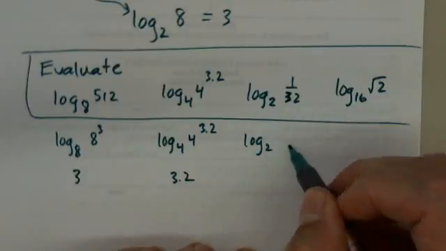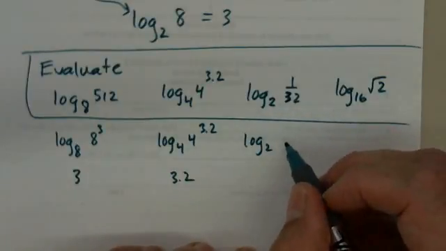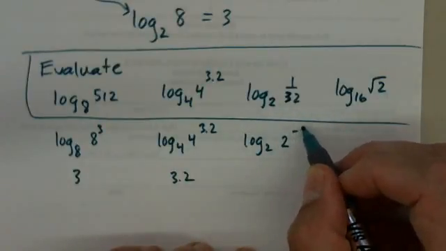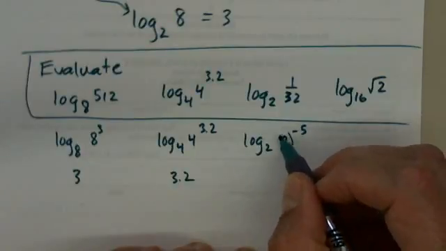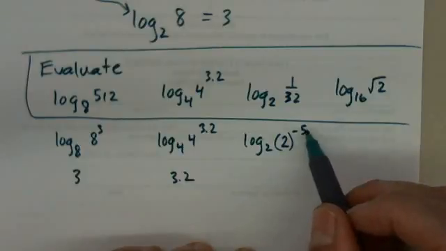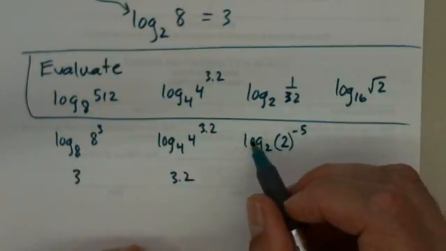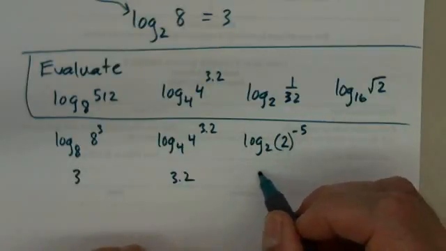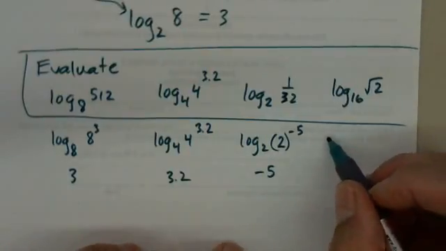Before we do this one, let's rewrite that. It'll be 2 to the negative 5th. The negative does the reciprocal, and then 2 to the 5th is 32. To what power do you raise 2 to get 2 to the negative 5th? And here we